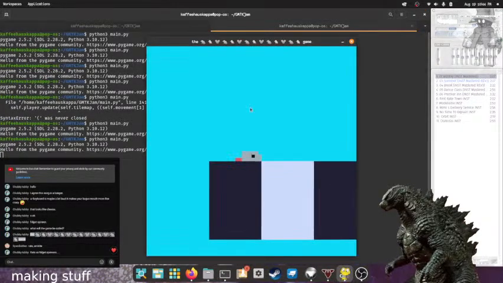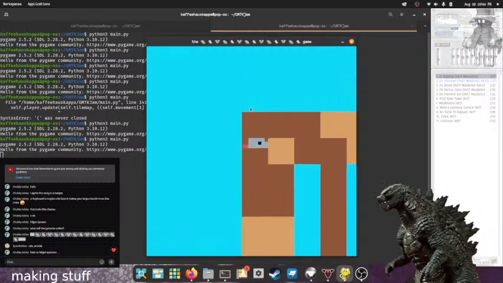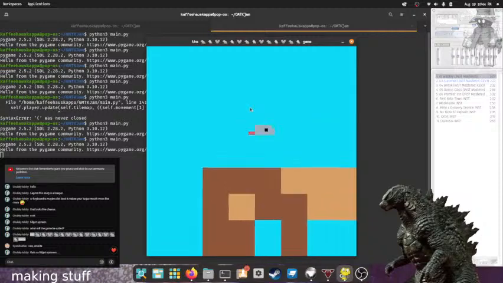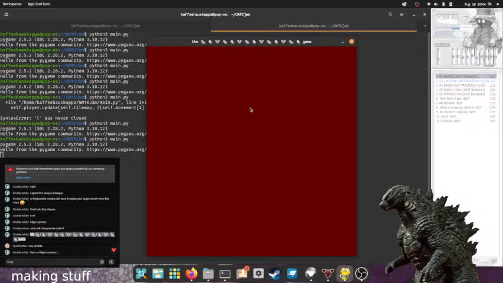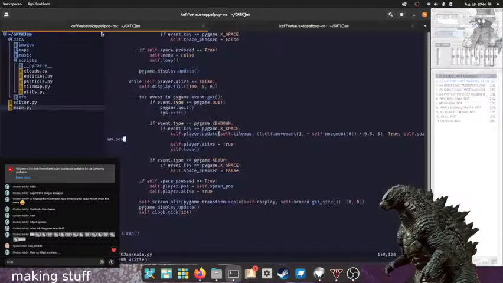This works. Setting the player's position like it should.